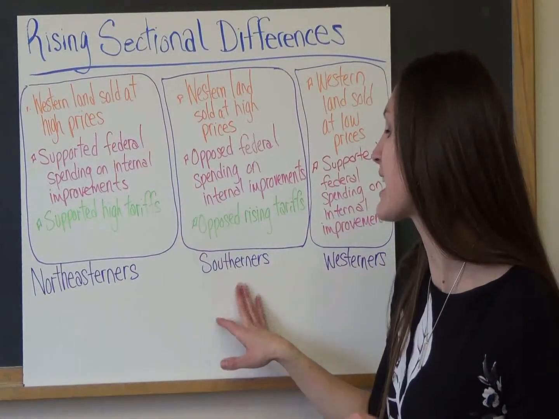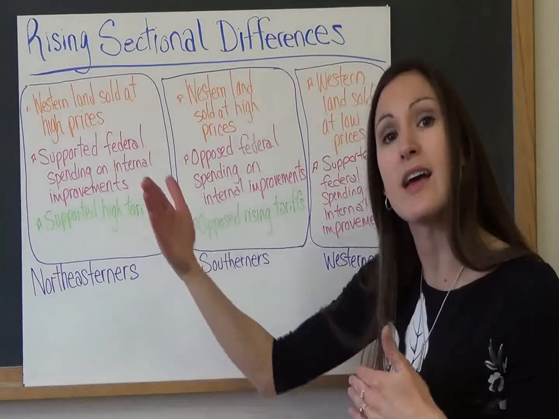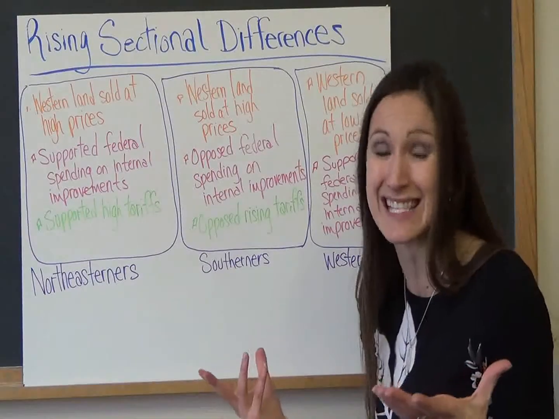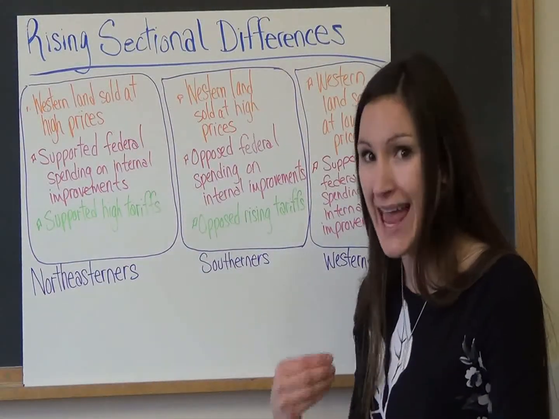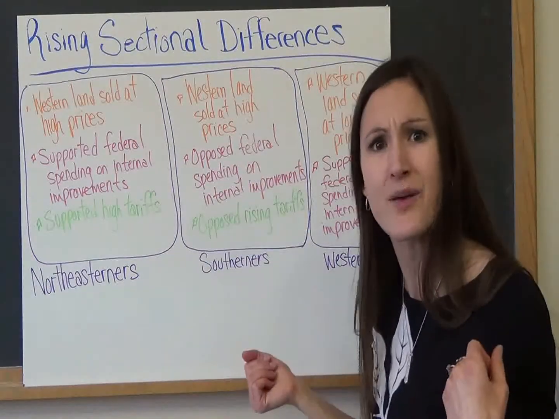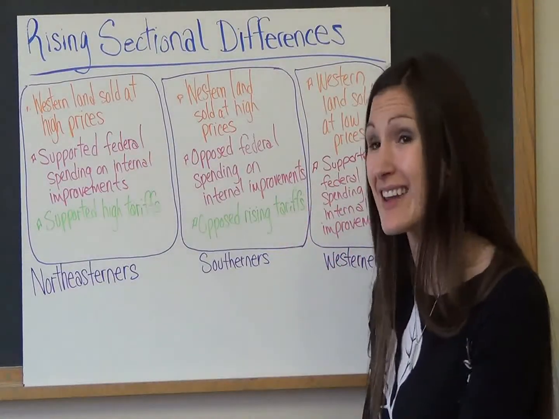Southerners, on the other hand, did not like it at all. Since they grew their cotton, they traded a lot with England, and so they were the ones who were paying these tariffs. And they thought, this is not fair at all. We are paying the tariffs for the money to go elsewhere. The North is getting whatever they want. We're paying the money to help the North out. So they did not like it at all.